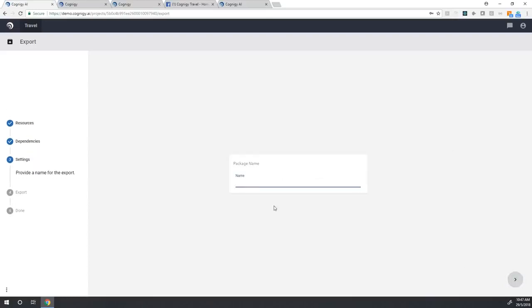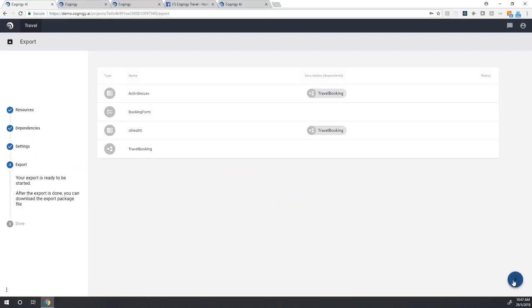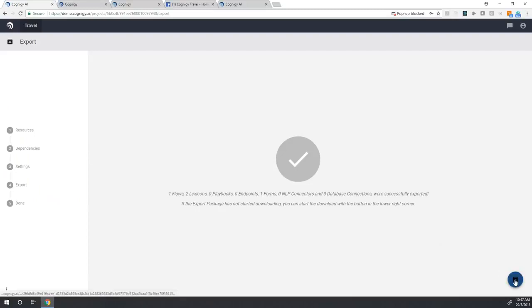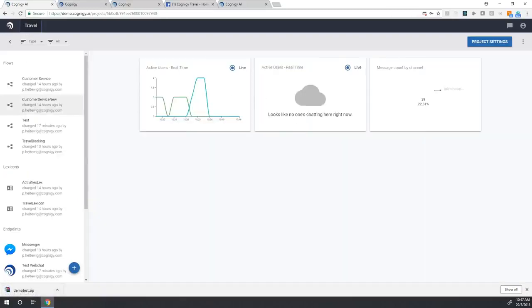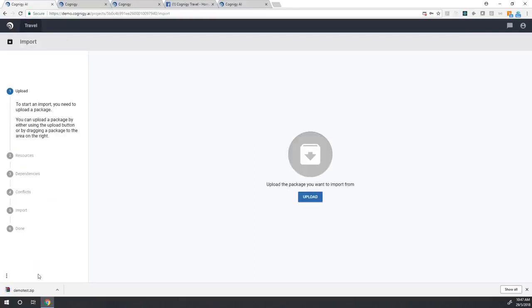Once we are done with our export, maybe I call this demo test. It is going to export this for me, and then now I have a zip file, and then equally I can go into a new project, for example, and I can import it. I can drag it in, and then it's going to import it. I'm not going to do that here now because I already have these flows in here. But yes, you do have full import-export facility.